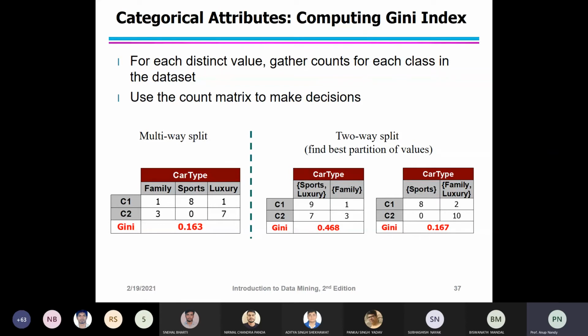Now for the first binary grouping of car type, that is the Gini index for sports.